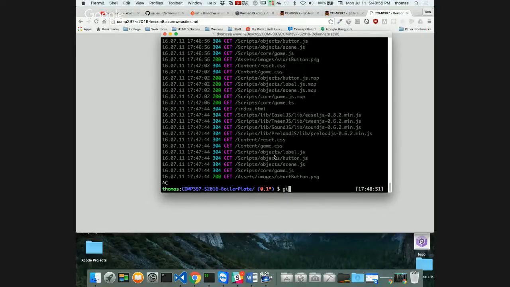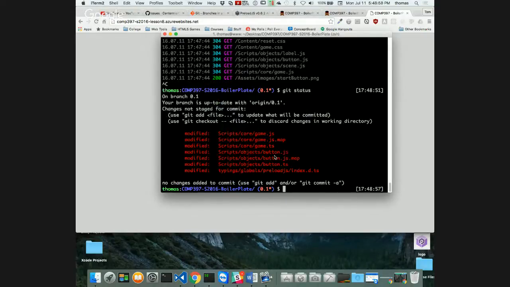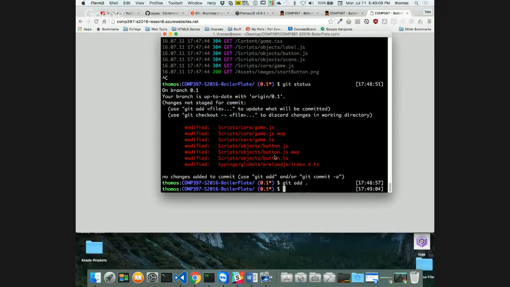All right, so I'm going to go back to my commit, stop this, and I'm going to say git. First of all, I'm going to say git status, so you can see it. You can see all these things have changed, right? I'm doing it on the command line this time instead of in the tool. Git add dot, which means add everything to the staging area, right? Git commit -m, and in my message, I'm going to say added preloader to game.ts,